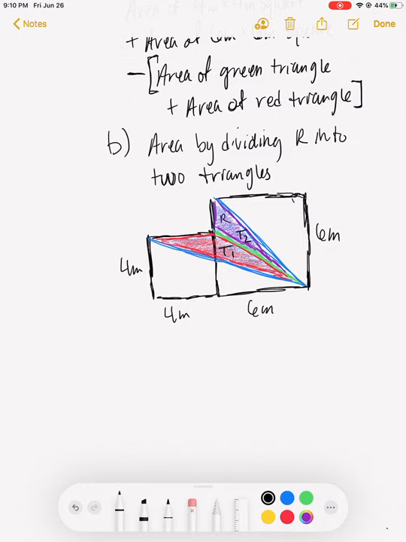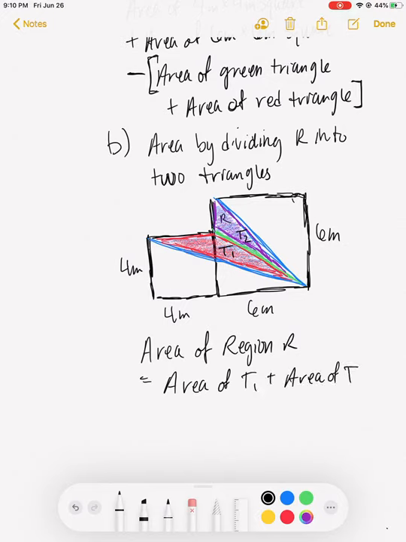There we go. Okay. And so we have a base and a height for each of these triangles. Okay, they're obtuse triangles, and so some of the heights might be derived outside of the figure. Now the area of region R is equal to the area of triangle 1 plus the area of triangle 2. Okay, so you find those areas, make a base and a height, and you can add them up